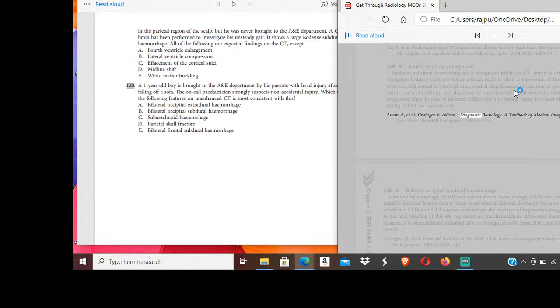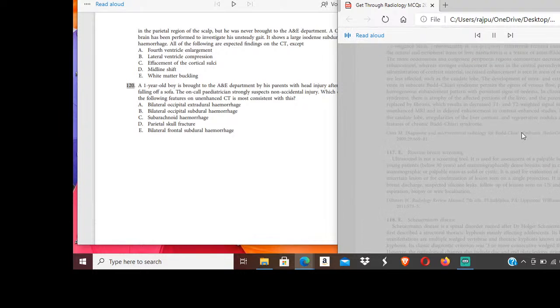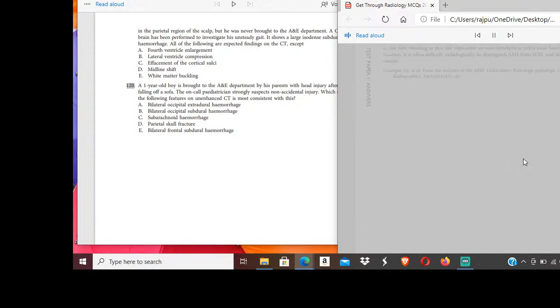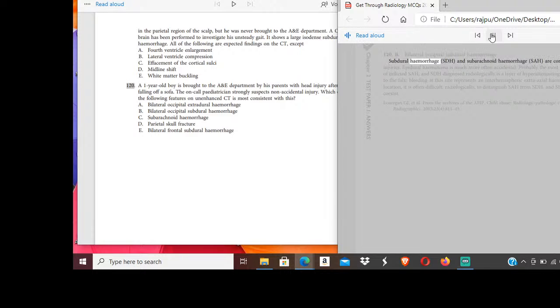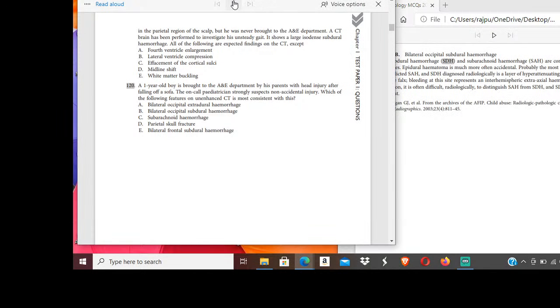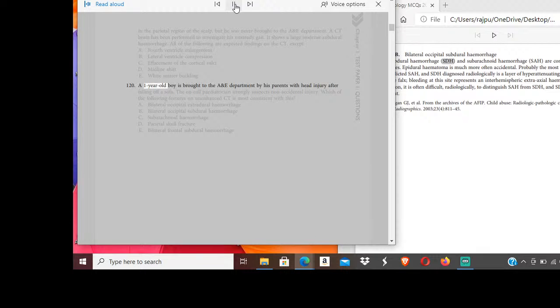Grainger and Allison's Diagnostic Radiology, a textbook of medical imaging, 5th ed. New York, Churchill Livingstone, 2008:1343-4. Chapter 2. Test Paper 1, Answers. 120. B. Bilateral occipital subdural hemorrhage. 120. A 1-year-old boy